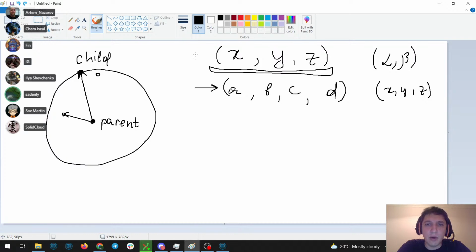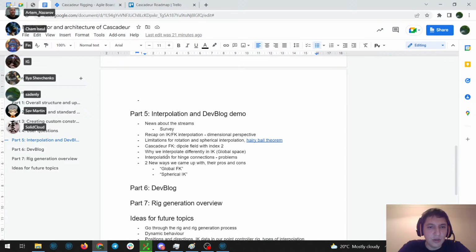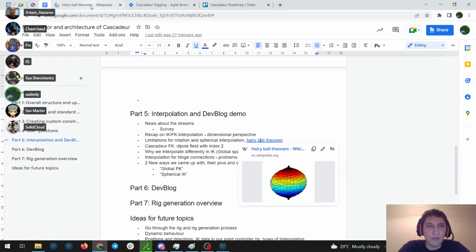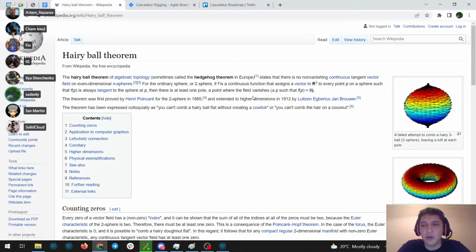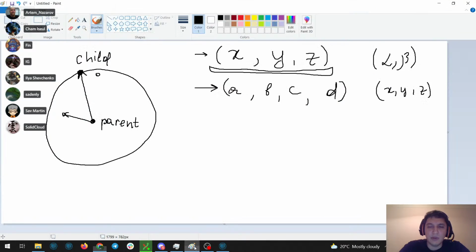And about the number of dimensions, there's actually a theorem that I mentioned here called the Hairy Ball theorem, or the hedgehog theorem, and it basically says that you cannot construct a coordinate system with just two numbers on a sphere that will not have any poles.